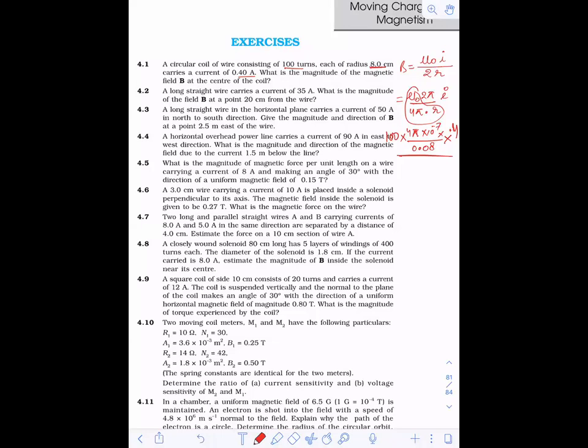See, what you have in the formula is mu naught I upon 2 pi r. Now you need the value of mu naught, no? The value of mu naught is not known to us right now. Till now in this chapter we have not studied the value of the permeability. So just multiply 2 pi up and down, you will get mu naught upon 4 pi, and you will get the value as 4 pi into 10 power minus 7.